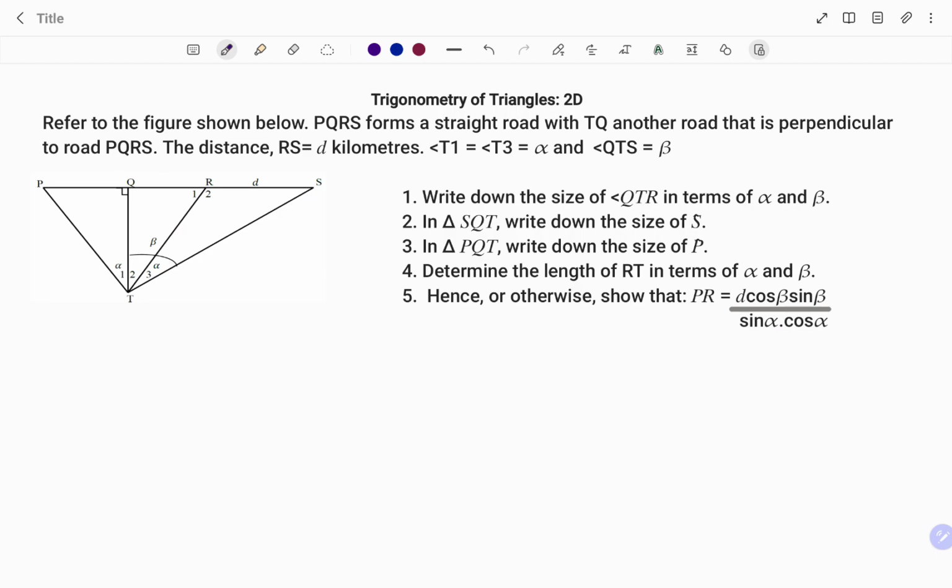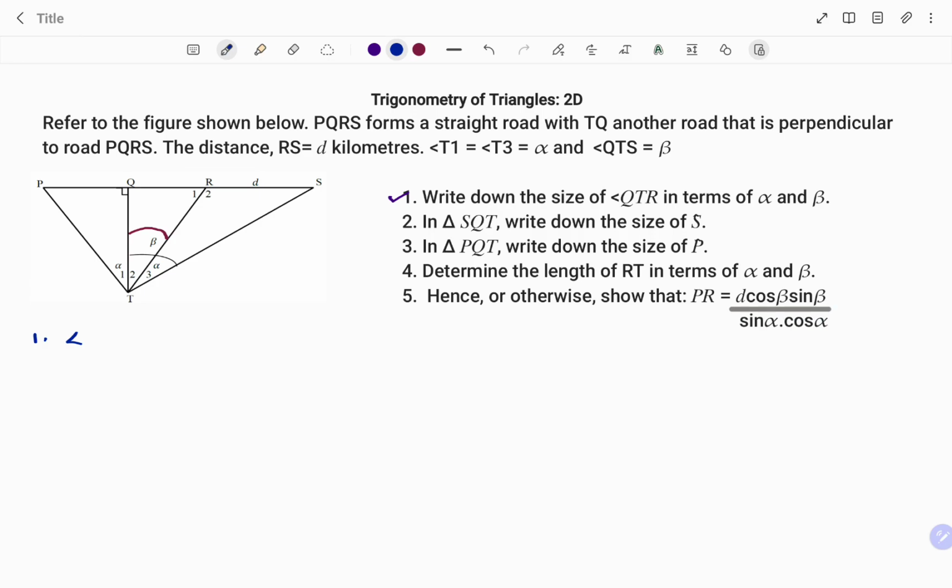The first part of the question says, write down the size of angle QTR in terms of alpha and beta. Starting with the first part, if we look at the diagram, angle QTR, I'm going to highlight that, is the angle shown, such that we have